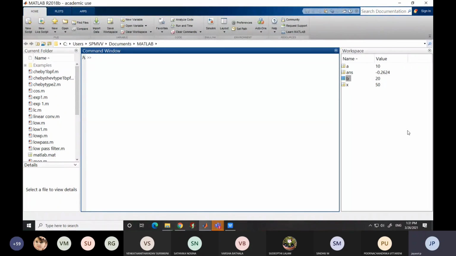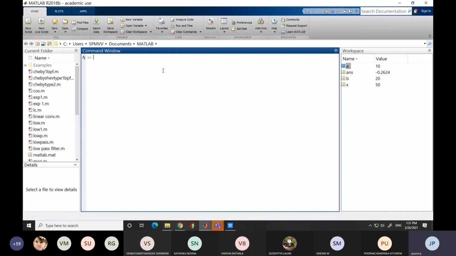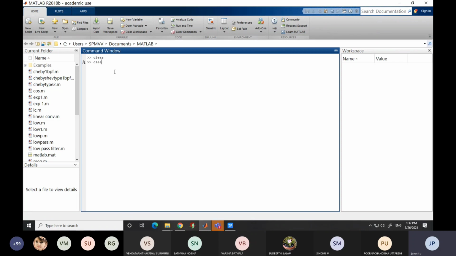And if we want to clear all these variables, you can directly use clear, so that you can see in the workspace no variable is there now. All the variables are deleted or cleared. So these are all the related command window options. And if I create some variables like